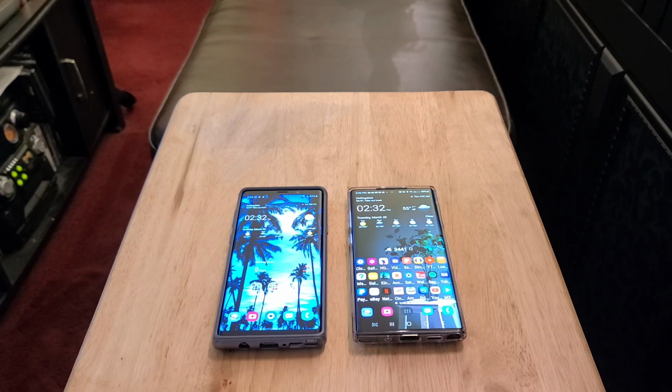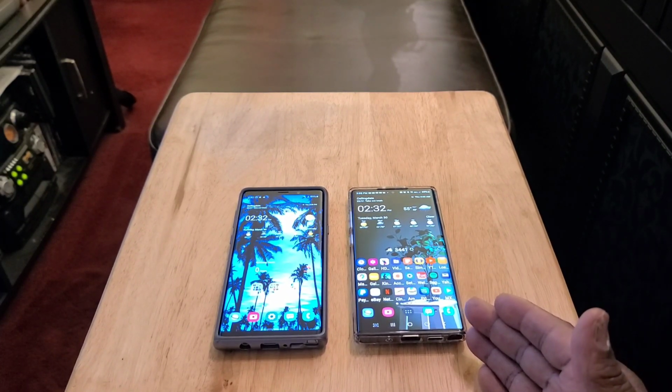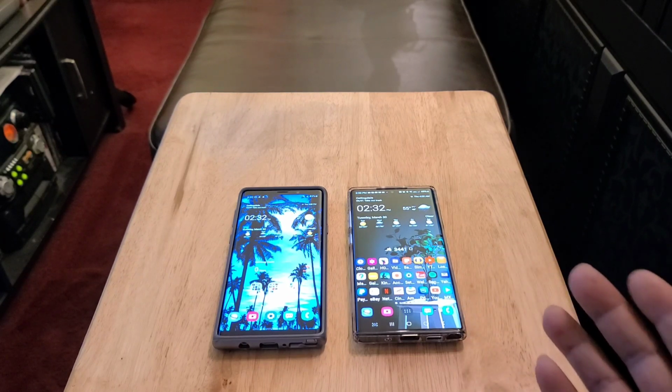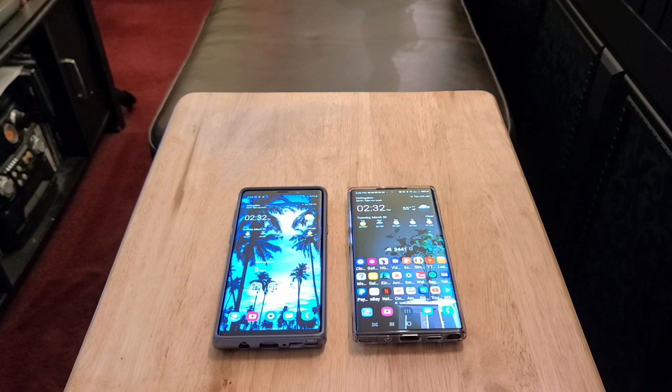I do. They optimize your phone. They make your phone perform better. They make your phone last longer. They extend your battery. Like, software updates matter to me. And I'm not saying they matter to you. They matter to me. So I like the fact that not only do I have Android 11, I'm going to get Android 12 too. So this phone is going to be good for another at least minimum 2 to 3 years,